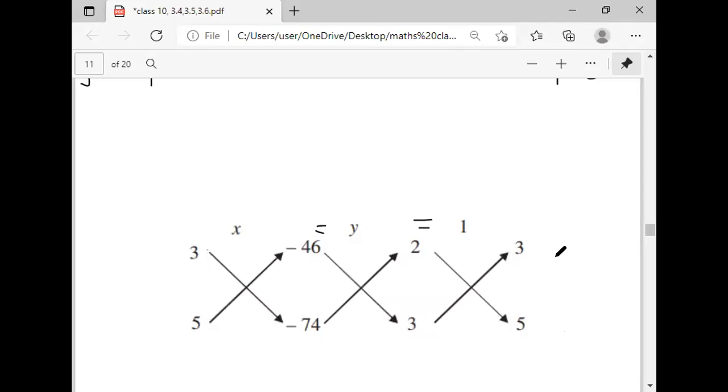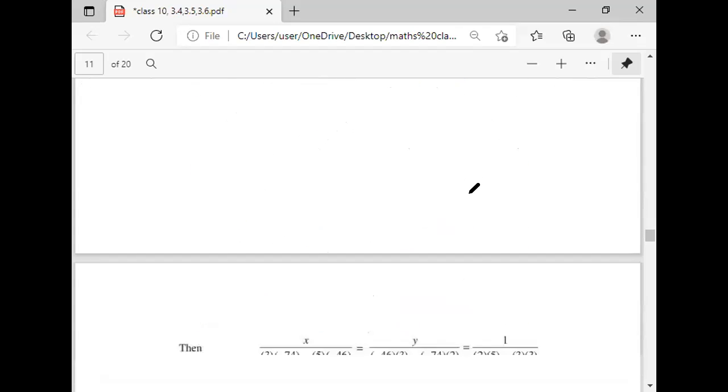Now, you should write this. Then only you will remember it. Otherwise, for the exam, you will think, oh, it is easy, I can solve it, but you will forget how to draw this diagram. So always write each question at least 3 or 4 times. Then only you will remember which method to use and how to solve it in a faster manner. Okay, so now let us move.